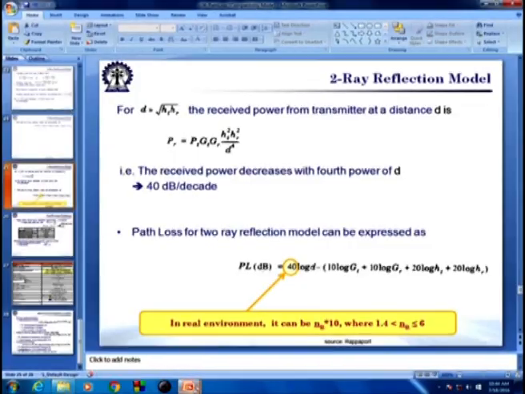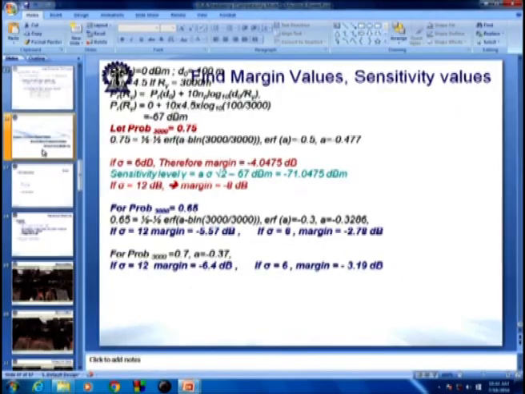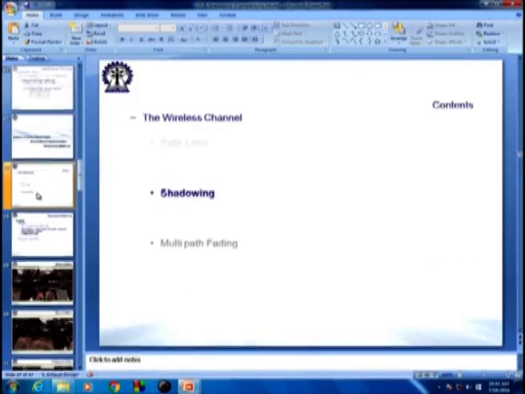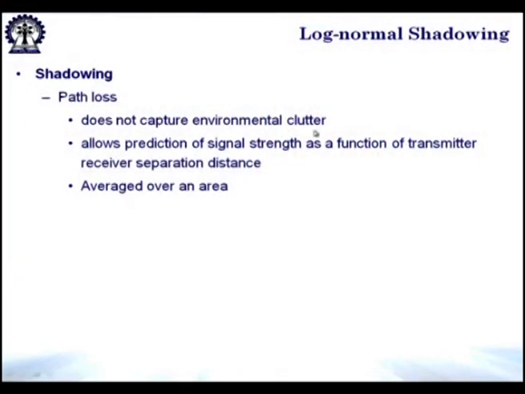Now, with this we move on to the discussion where we are not limited just to path loss. We move on to the next part of the large scale propagation model, that means shadowing. So, why do we need shadowing? We need shadowing because the path loss model, as we were seeing, does not capture the environment clutter. This sentence is partially true because